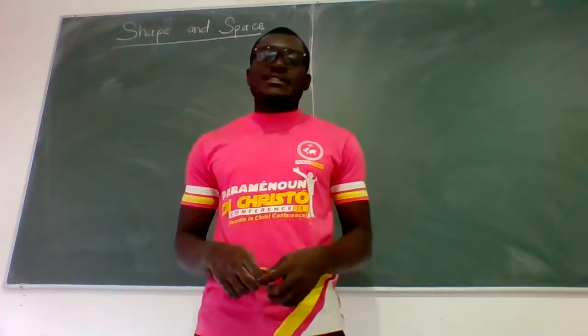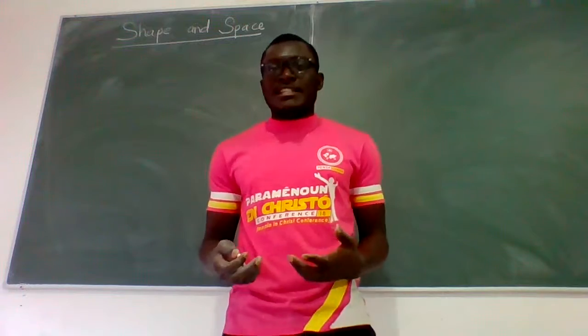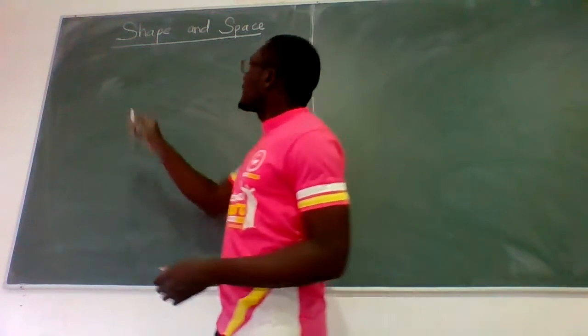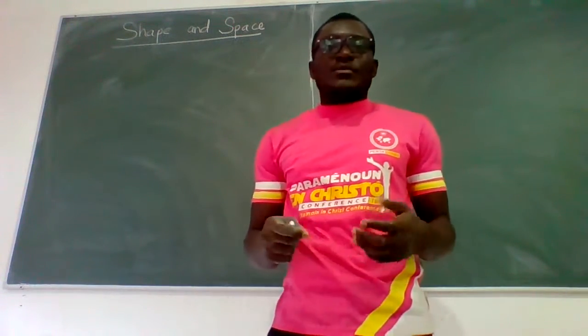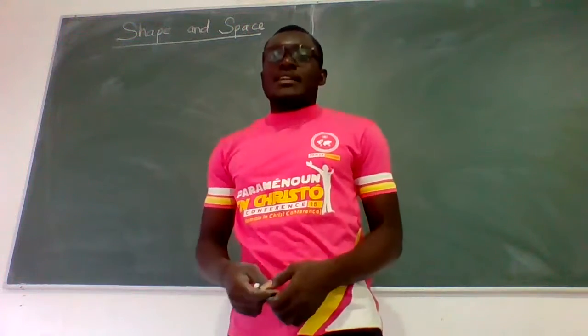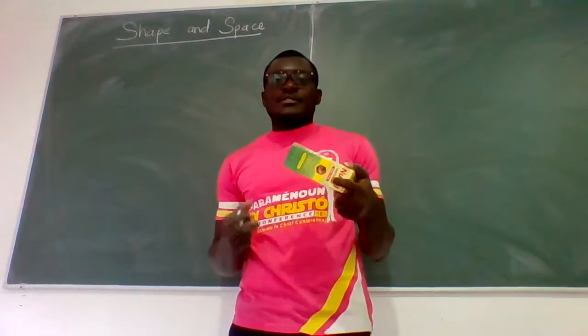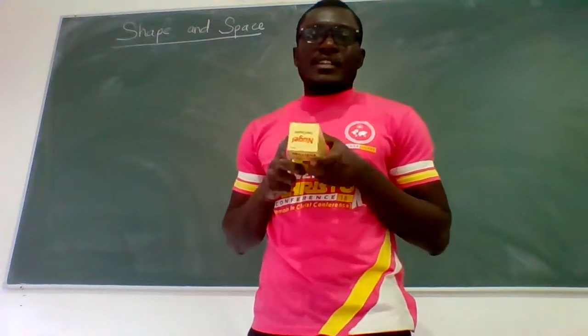So all these things come together to tell you that there is a need to understand shape and then space. The two key words here, shape and then space. When we talk about the shape, we are talking about how the thing looks. I have this box here. This box is made up of a certain shape. For each side that I turn, you can see a shape. This side, the shape here is different from the shape here,